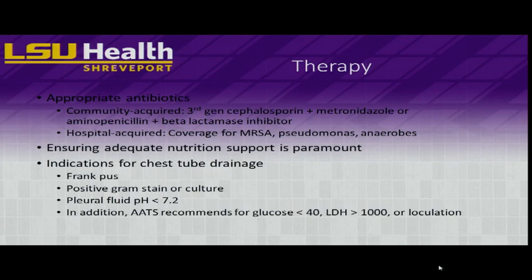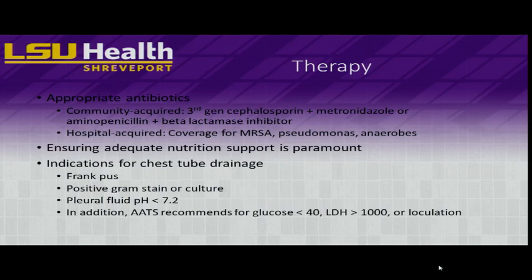Nutrition support, always paramount. These people are typically in a highly inflamed state. They tend to develop significant cachexia. And then you have to think about whether or not you should drain the effusion in a more definitive manner, so a chest tube. Generally accepted indications, both the BTS and